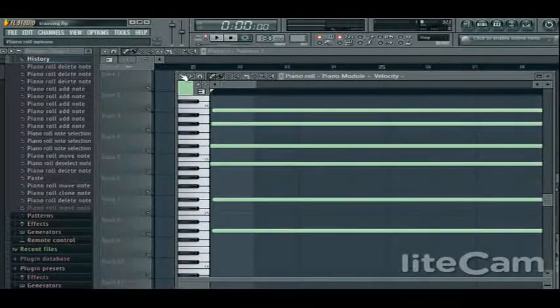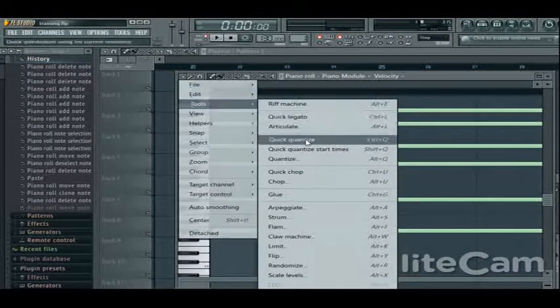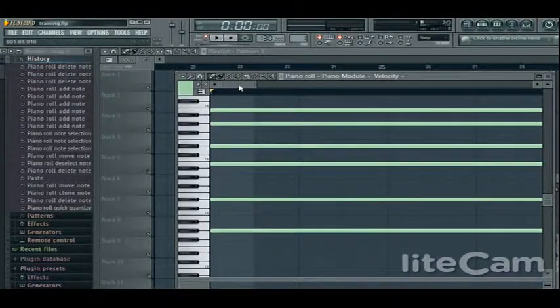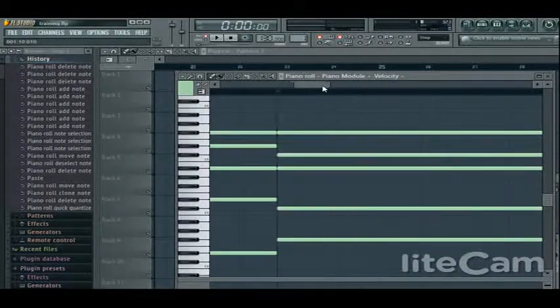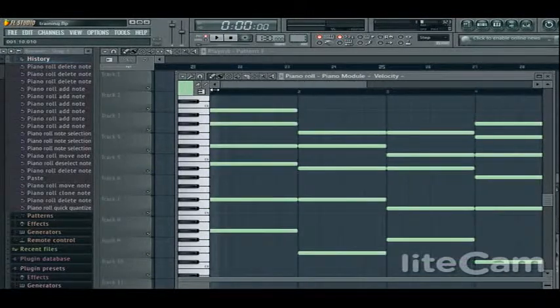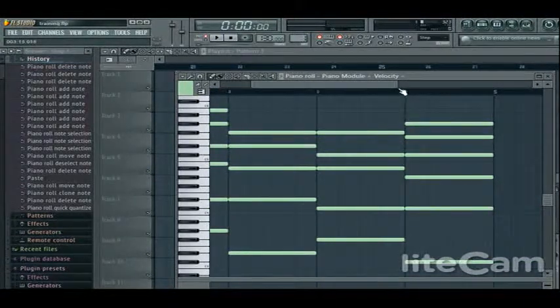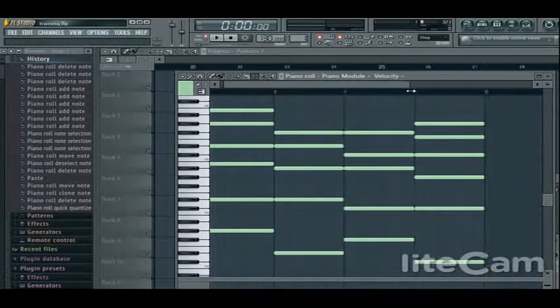So to quantize, click on the piano roll options. Under tools, click on quick quantize, and when I click on it, you notice that all the notes are aligned together, and that is how to quantize notes. Now take for instance, maybe I want to shorten the length of the notes. All I simply do is I select all the notes,